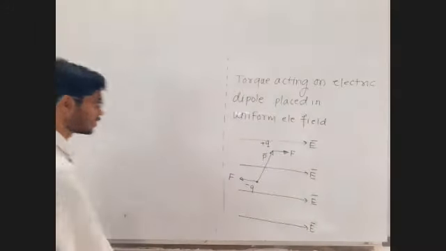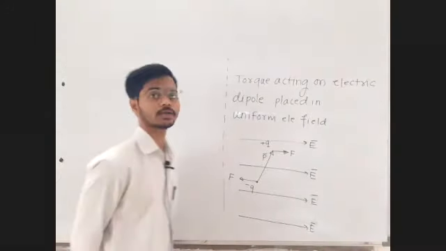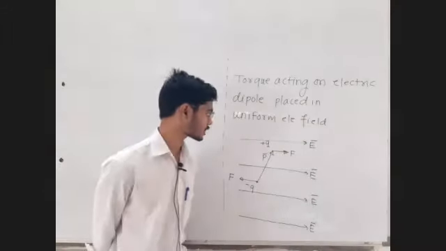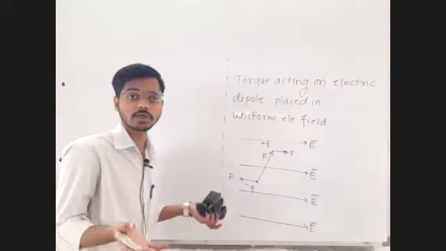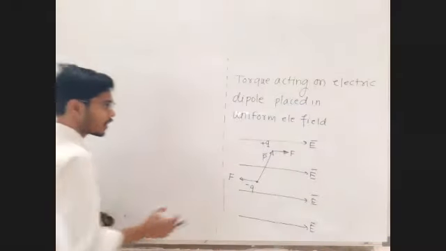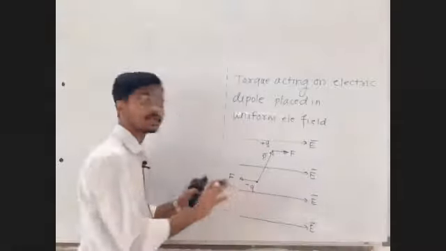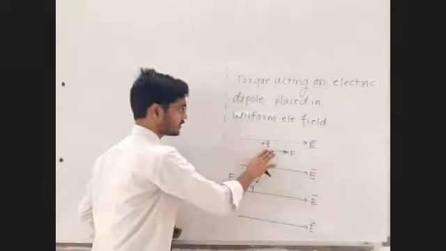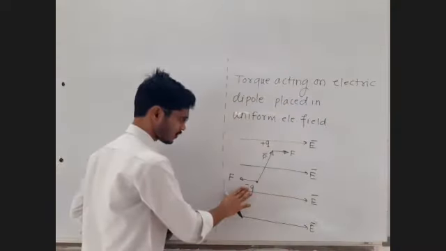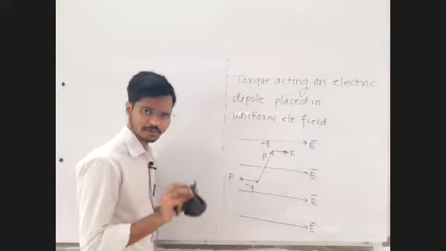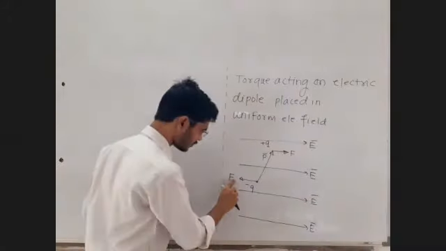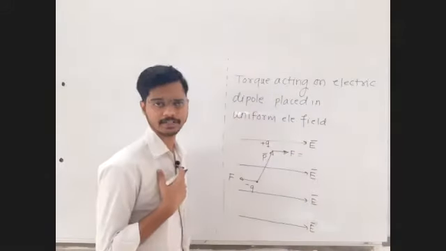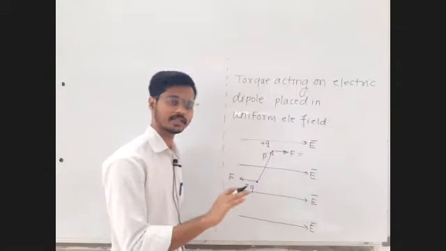We are not sure whether they are equal or not, but let us find out. Now what is the value of force acting on the charge placed in the electric field? F is equal to EQ. At all the points, value of electric field is same. Here charge is q, here also charge is q. Here it is plus q, here it is minus q, but its numerical value will be q. So here force will be eq, here also force will be eq. Directions we will decide separately, numerical value we will decide separately.